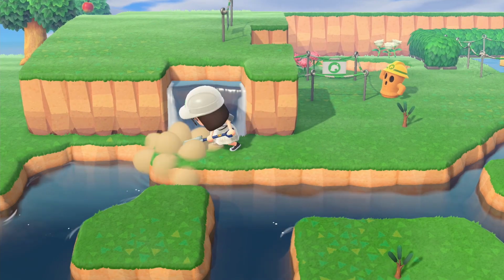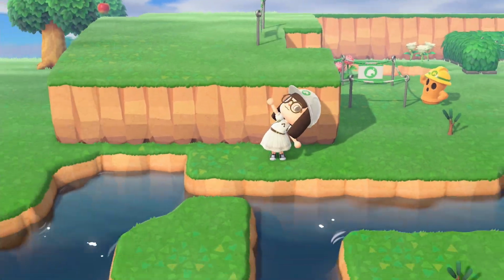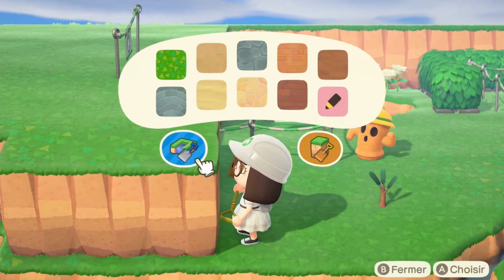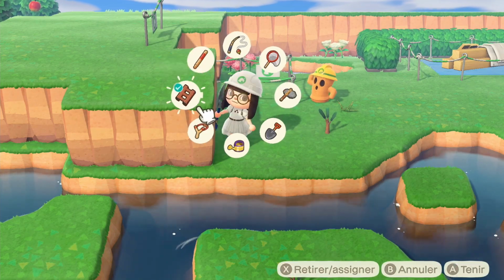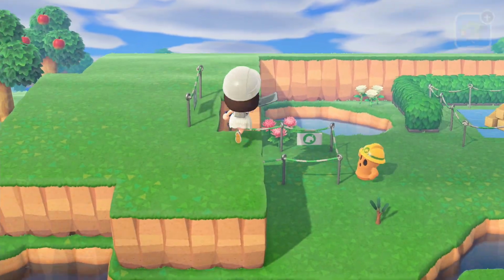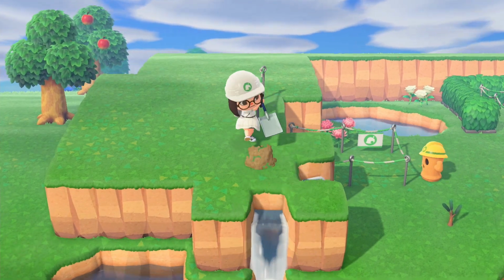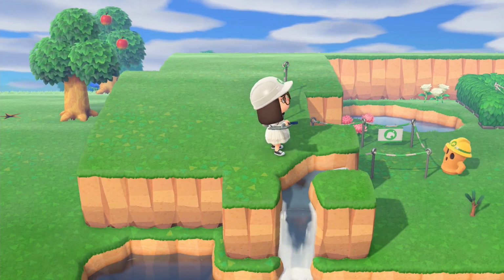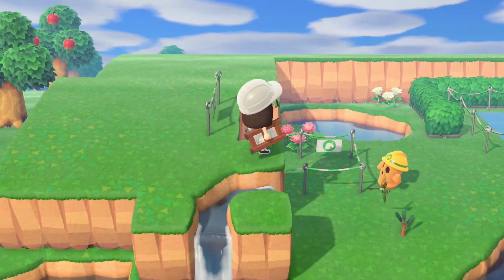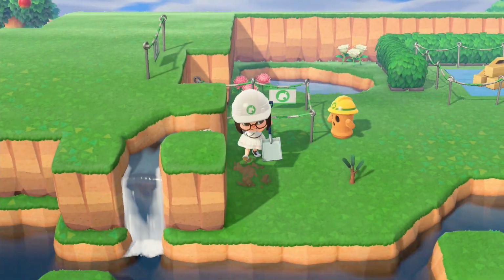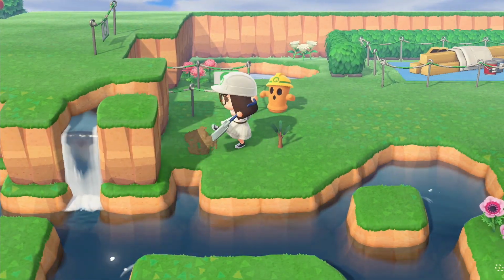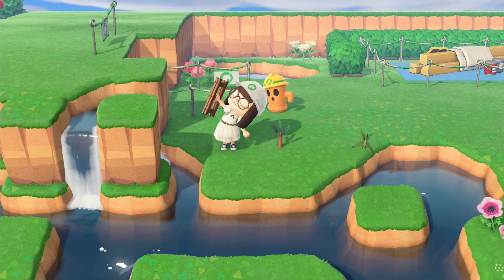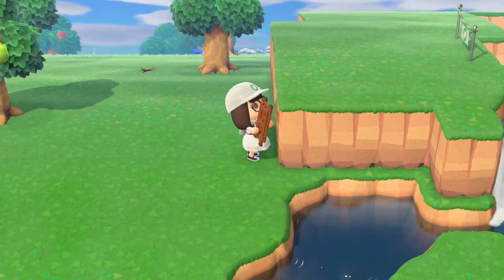And here, I realized that I was not going to be able to build my waterfall like I imagined it. So I went into my waterscaping and redid everything, because I wanted my waterfall to be near my incline and then fall into the lake. That is why I absolutely needed to redo a bit of my cliff. I tried to enlarge it, but it was not looking good, so I kept what I had.